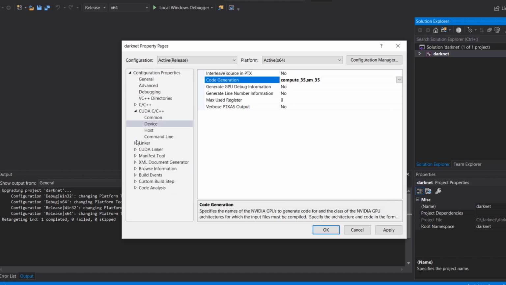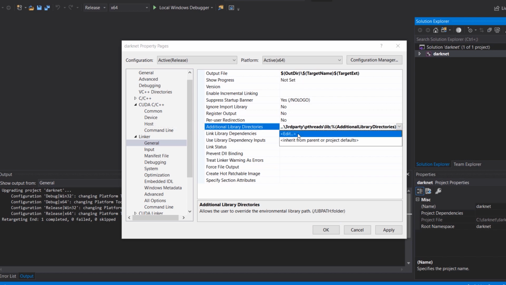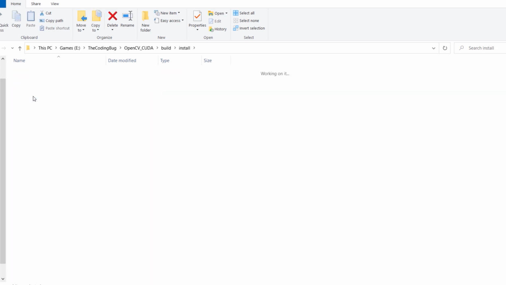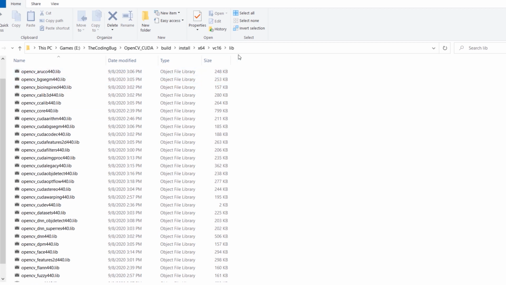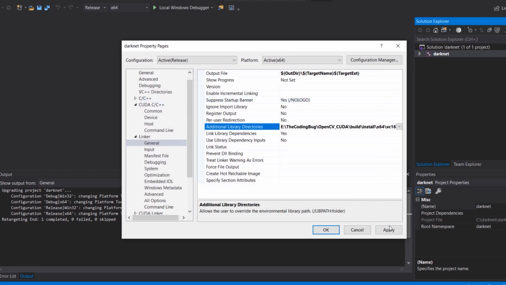Next, go to linker and general, edit additional library directories. Once again, go to your build folder of OpenCV, install x64, vc16, lib and copy the path, paste it in Visual Studio. Click OK.